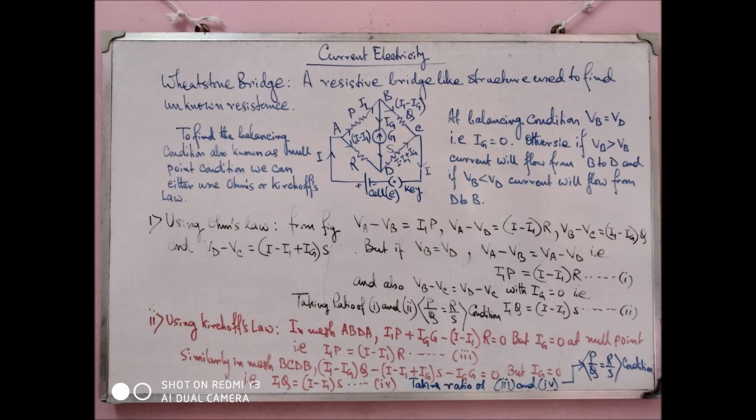In the next part of the class we will come to the instrument that is applied in this Wheatstone bridge, that is, how practically we measure. We don't take 4 resistances and measure, that is not the way. What instrument is applicable for this Wheatstone bridge structure, we'll discuss in the next part of this class. Okay.